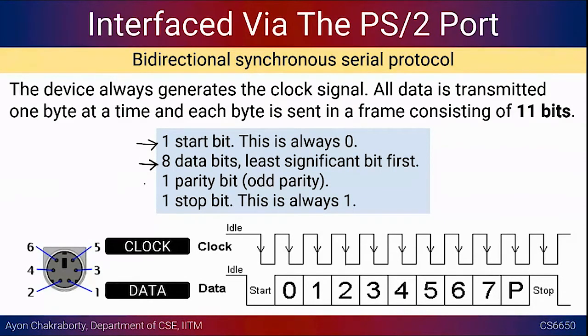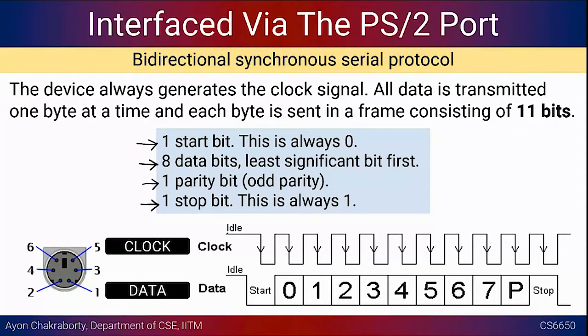This is mostly for error correction. So if the total number of bits happens to be even, the parity bit will be 1, so that you have odd parity, right? You might even have even parity, but for the keyboard protocol, odd parity is adopted. And then after that, you will have a stop bit saying that your data transfer has been completed, the frame has been transmitted. So that is all you need to interpret in the microcontroller side or in the driver side, right? So I have shown you a picture.